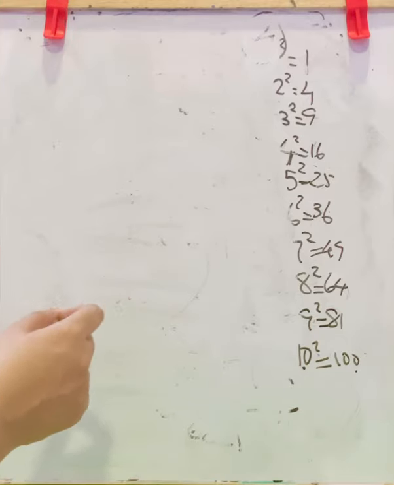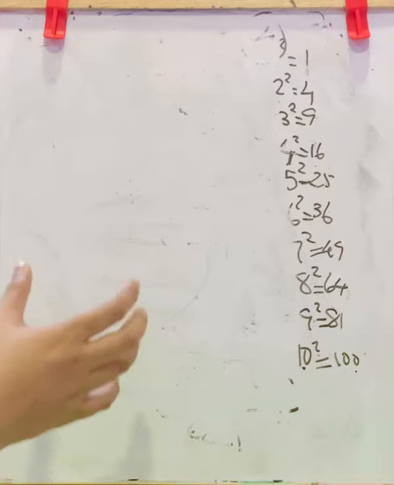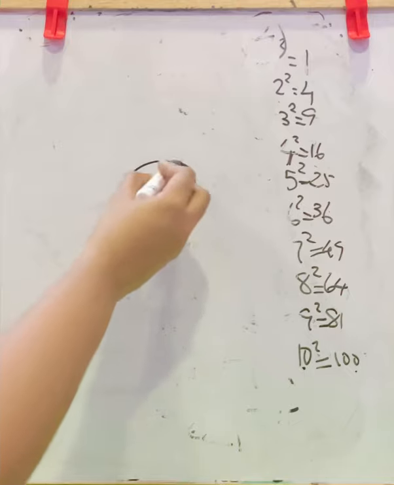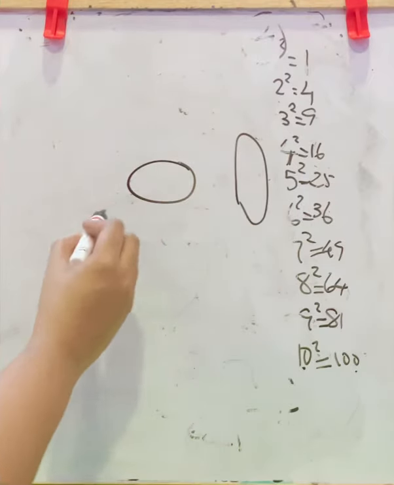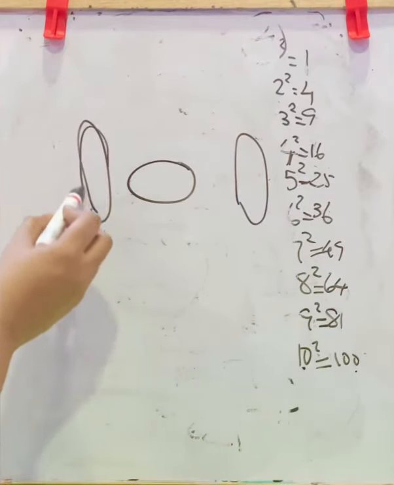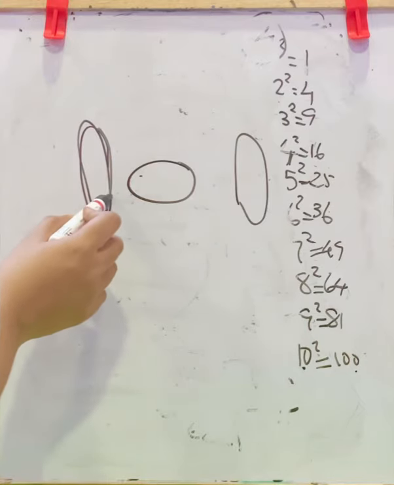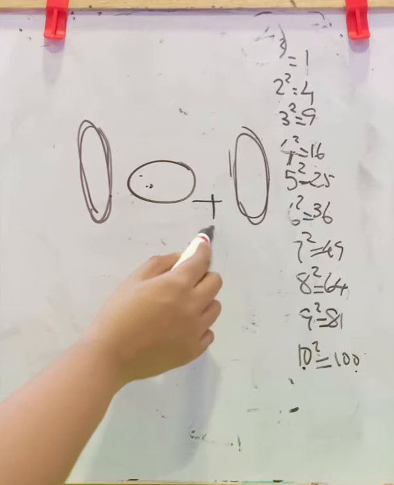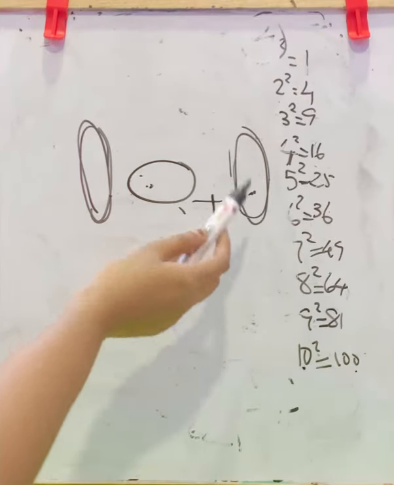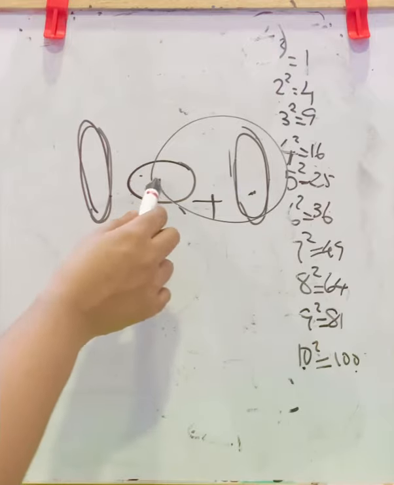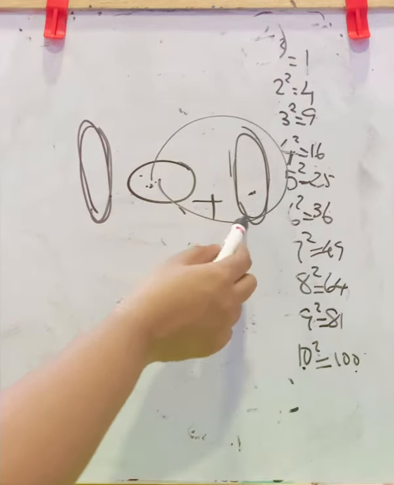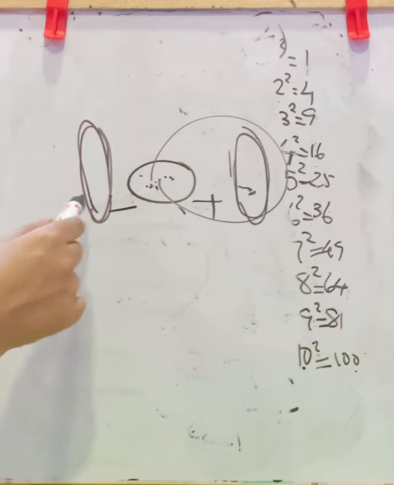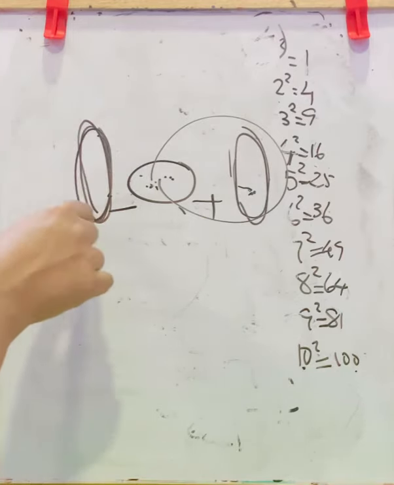Here it is asked, find out the number to subtract from the given question so that to make a perfect square. If this is the question number and this is a perfect square, this is also perfect square. If you are finding the smaller number, you have to subtract from this question. If you are finding the bigger number, then you have to add it to make a perfect square. In the previous question, we did this thing. That is, you have to add and make a perfect square bigger than this number. Now, in this case, it is asked you have to subtract and make a smaller perfect square than the question number.